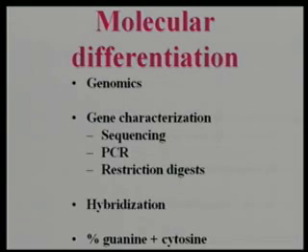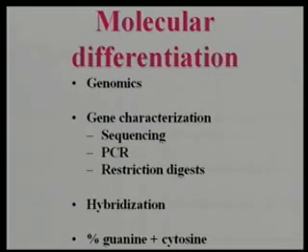Or you can do what's called PCR, and I'll show you how that works in a little bit if you don't know already. The PCR is the polymerase chain reaction, and it is one of the things that has certainly revolutionized microbiology, and has revolutionized some aspects of infectious diseases as well. The PCR is basically making a lot from a little. You would have a tiny, tiny quantity of bacterial DNA in a clinical sample, for example. So little you couldn't do anything with it. And then you go ahead and use PCR, and you make lots of it. And all of a sudden, you've got so much DNA you don't know what to do with it. And then you can start doing standard molecular